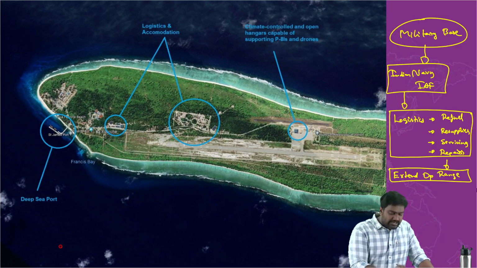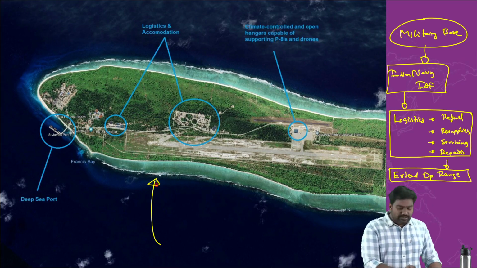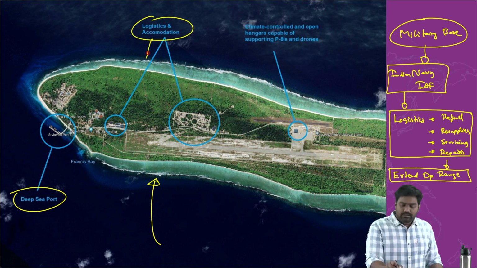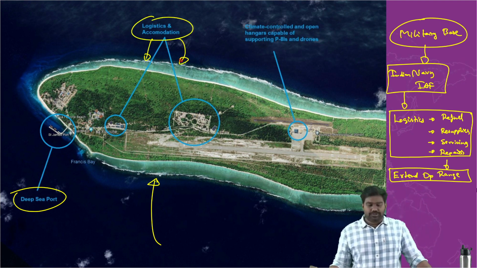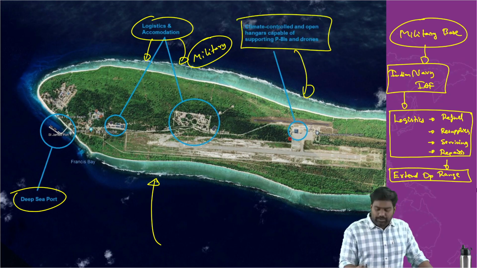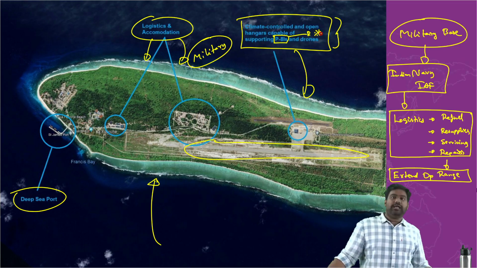So you're looking at a satellite image of Agalega Island, where India has apparently started building a port and harbor facility, including structures for logistics and accommodation. The construction looks to be of military standard, according to many experts. And we have also built a runway. The project is still ongoing. You can see here a runway has come up, which can even accommodate the P-8I Poseidon, which is used for maritime surveillance and submarine tracking.